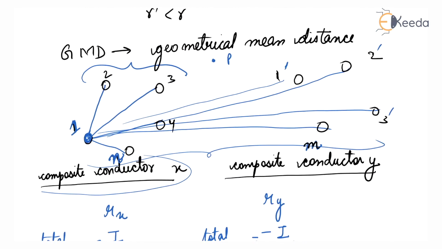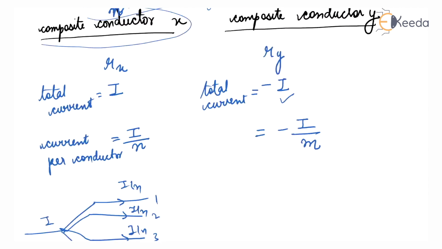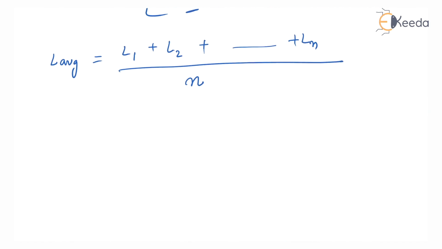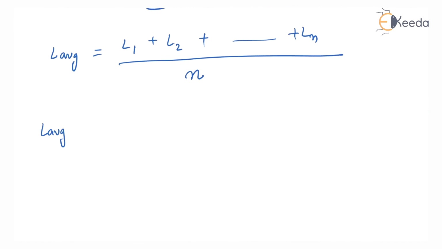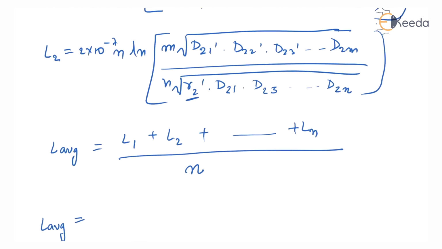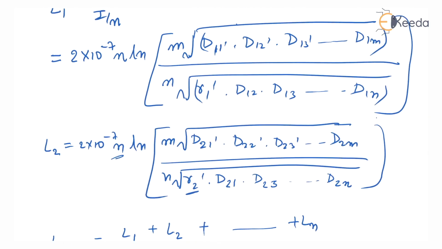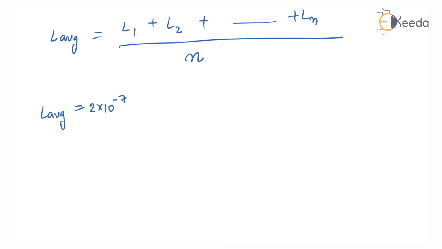Now the average inductance of any one subconductor of composite conductor X. This, the average inductance of any one subconductor of composite conductor X, is given by L average equals L1 plus L2 plus up to Ln, by n. Now L average is equals to, put the value of L1, L2, so this is equals to 2 into 10 to the power minus 7. This n and this n cancel out and ln,